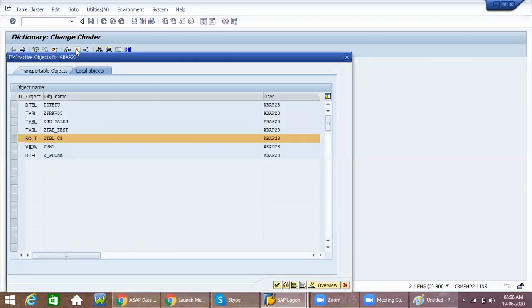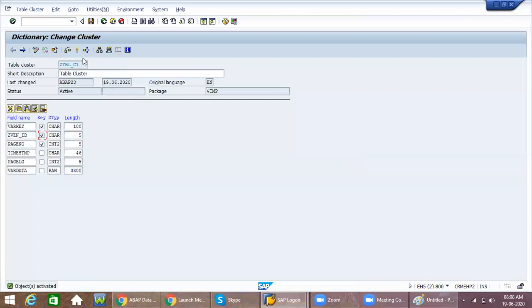See, now it is activated. Why? Because previously what was my mistake? Here page number and these are all standard fields. Whenever you create one more field after the page number, the length that is there, we are trying to delete, meaning it is dividing into partitions. So that is the reason the system is not allowing.